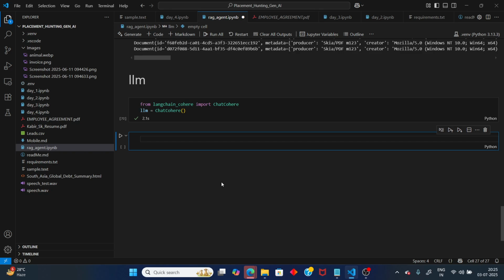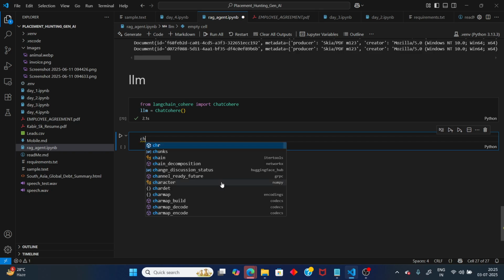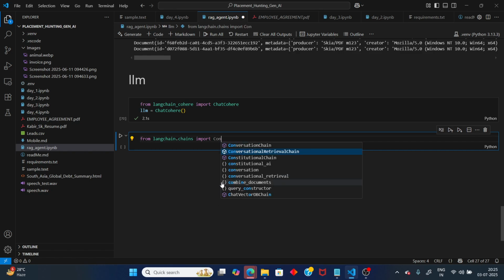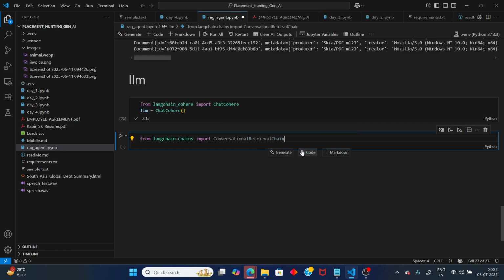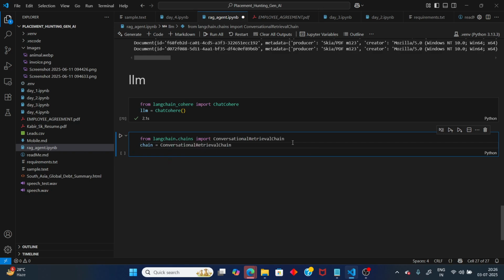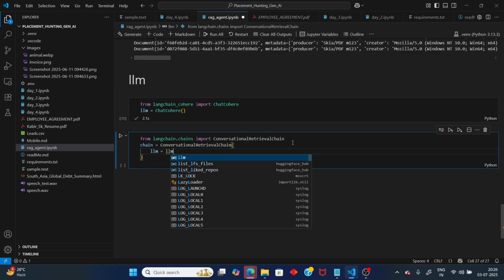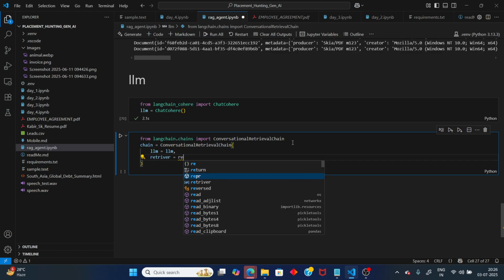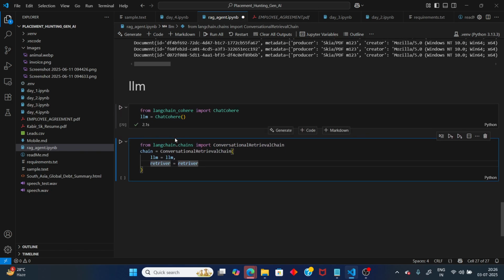पहले मैं एलएलएम चेन क्रिएट करूंगा। ठीक है, विदाउट मेमोरी, पहली बार में विदाउट मेमोरी, फिर मेमोरी का सब कैसे करना है वो भी दिखा दूंगा। अब देख, अब मैं चेन क्रिएट करूँ, चेन इक्वल टू, मुझे चेन के लिए एक चेन चाहिए। ठीक है, फ्रॉम लैंगचेन डॉट चेन्स इम्पोर्ट। तो मुझे कॉन्वर्सेशनल रिट्रीवल चेन चाहिए, क्योंकि मैं रिट्रीवल करूंगा, फिर उस रिट्रीवल के अकॉर्डिंग मुझे चाहिए। तो चेन इक्वल टू कॉन्वर्सेशनल रिट्रीवल चेन। यहाँ क्या क्या पास करें, एलएलएम पास करें, एलएलएम इक्वल टू एलएलएम, और वेक्टर रिट्रीवर इक्वल टू, मैंने जो रिट्रीवर किया वही रिट्रीवर, यहाँ पे रिट्रीवर नाम है रिट्रीवर।